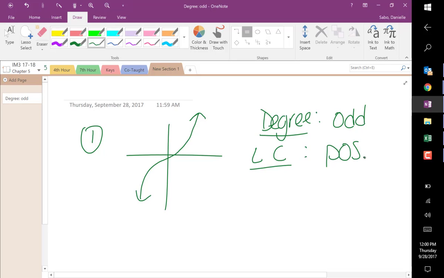So as x is going to negative, where is the function going? So then the next one would be negative, and then the next